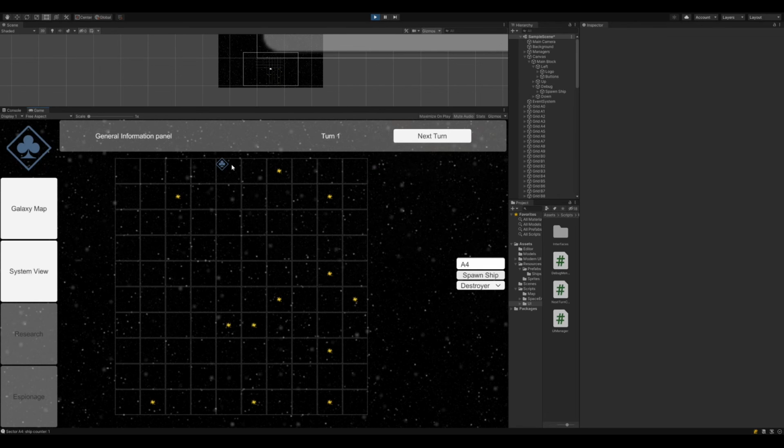Kinda. The icon is spawned where we told it, because we have one destroyer in it, but the rows and the columns are reversed. This should be A4, not this. In any case, this is significant progress for now. In the next video we are going to actually send information to the ugly UI we built, prepare a cool process for passing turns, and let's try to move the ship if we can.